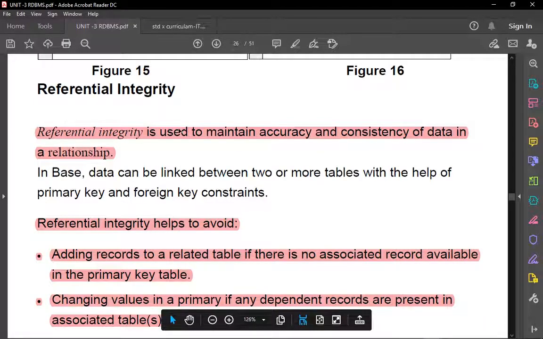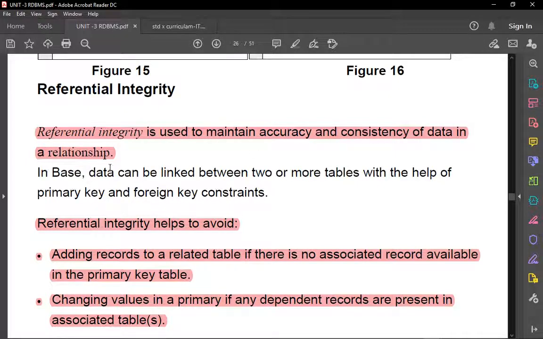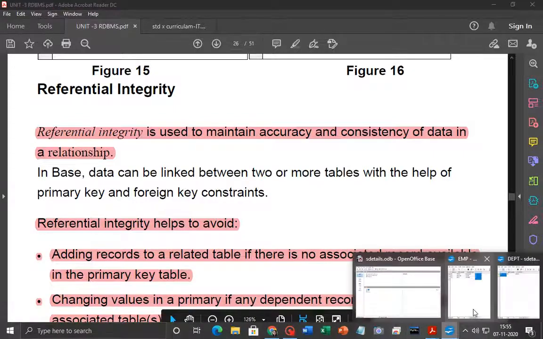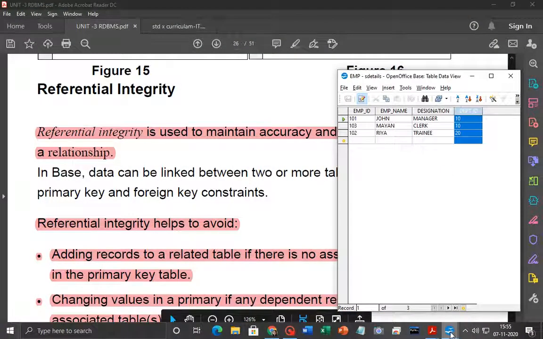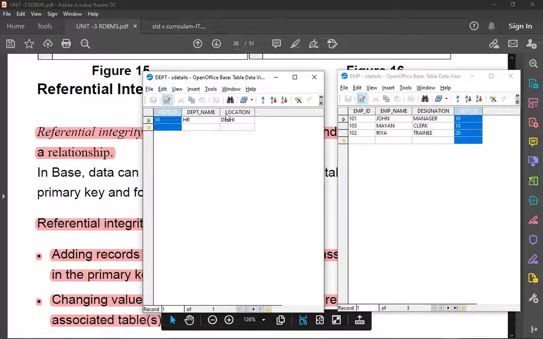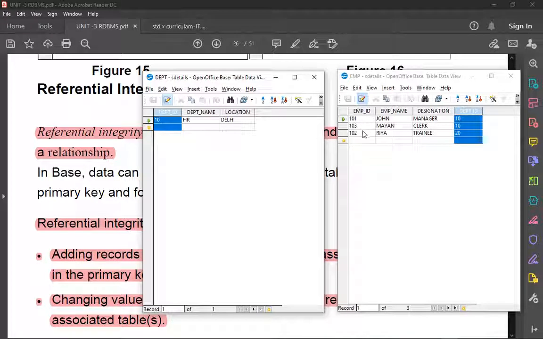So what is referential integrity? It is used to maintain the accuracy and consistency of data in a relationship. In base, data can be linked between two or more tables with the help of primary key and foreign key constraint. One more thing, in these two tables, the employee ID is the primary key of the employee table, and in the department table, department ID is the primary key.